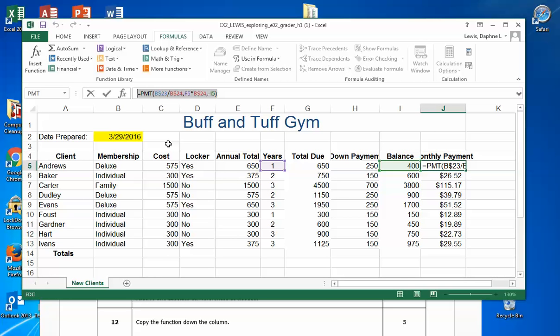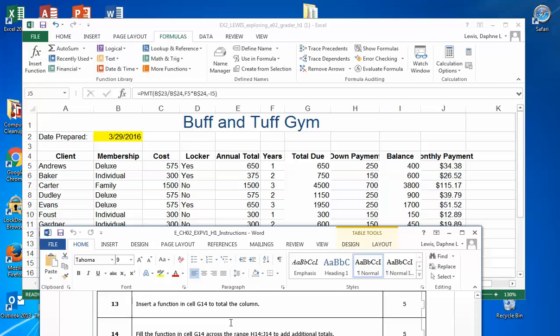I told you, have it written down on the paper. Yep, it should be on step 11. It has to match exactly. Okay, so we're going to copy down that column, which is step 12, and then we're going to go to step 13. Insert a function in cell G14